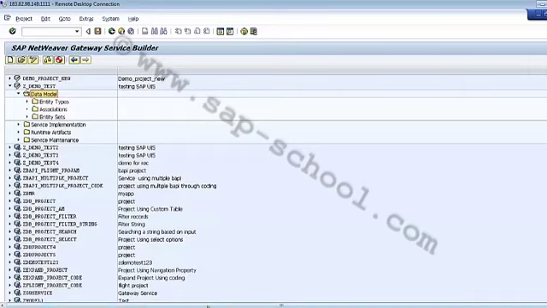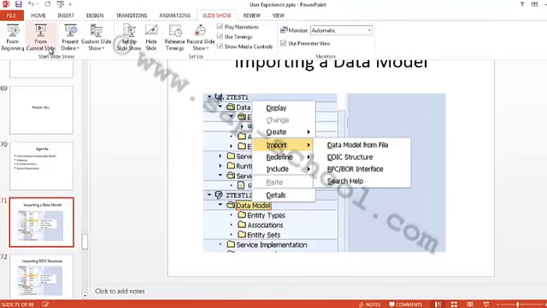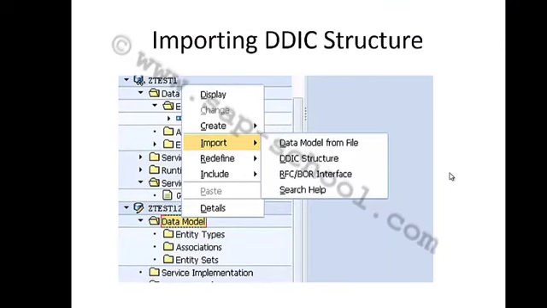Now let's go back to the presentation. So just now we have seen how to import the data model from a file. Now the second option is how to import from the DDIC structure. So what is a DDIC structure?